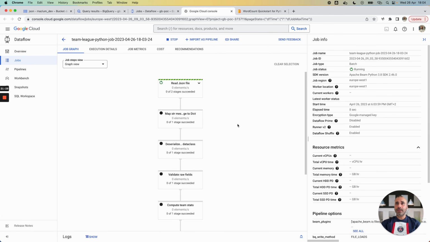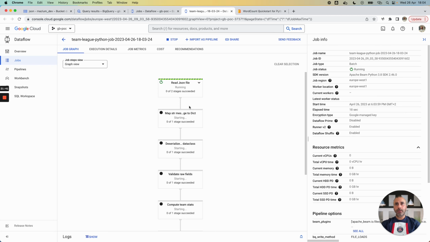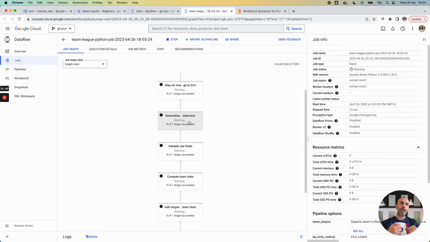We can see that we have the Dataflow graph, and we have all the steps of my pipeline here. I read a JSON file. I map a collection of strings to dicts. I deserialize my dict to the TeamStatRow data class object.